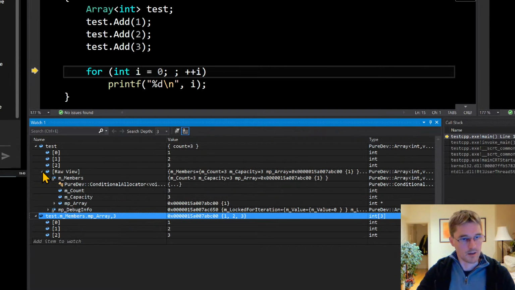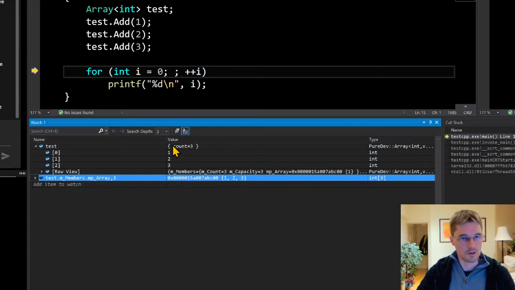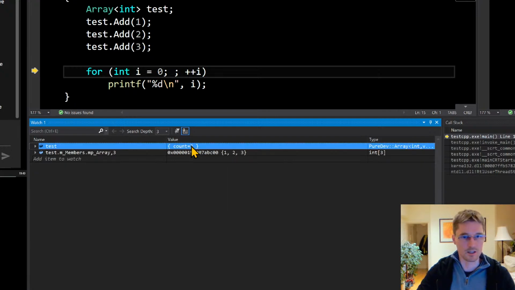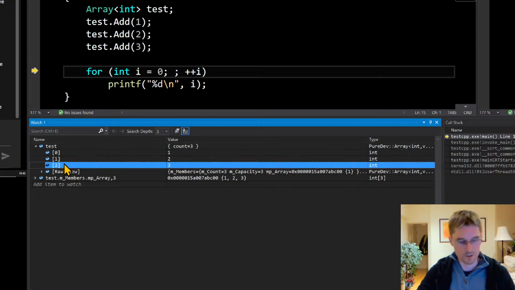But using that natvis file, you tell it what you want to display here, and I just want to show the count, so it's easy to see. Even if I don't expand it, I can see it's got a count of 3. And when you expand it, it shows you the members, and that's what these